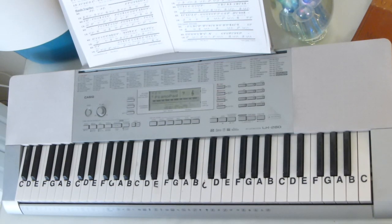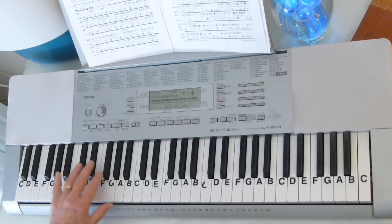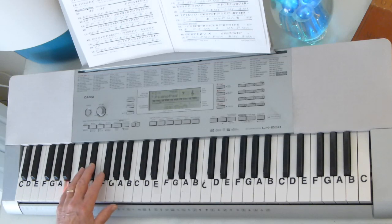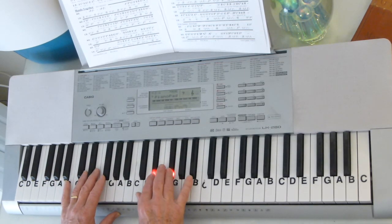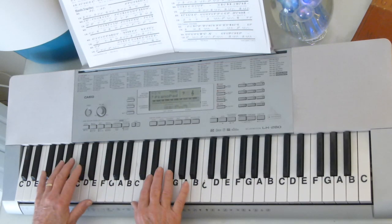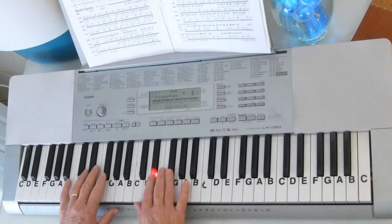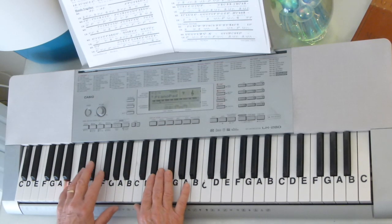Let's start with the introduction because everything works off of that introduction. Really, you've got a B, F sharp, F sharp, B, F sharp, F sharp, B. You've got 4 of them. But on the first 2, you'll hear a little chord come in there that's a D sharp and an F sharp. So you'll hear that little chord come in there. And then if you play them all, then let it off. And if you play all that introduction, it's...